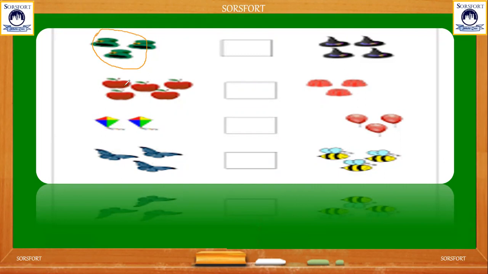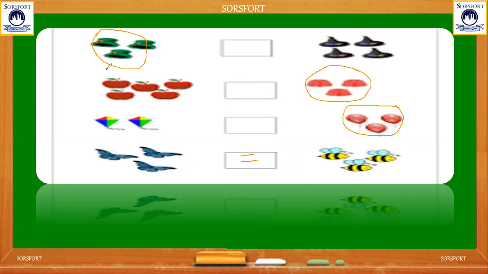Now, come to here. 1, 2, 3, 4, 5 and 1, 2, 3. So, this side less. Now, 1, 2, and 1, 2, 3. So, less. Now, here is also 3. Here is also 3. So, both are equal.